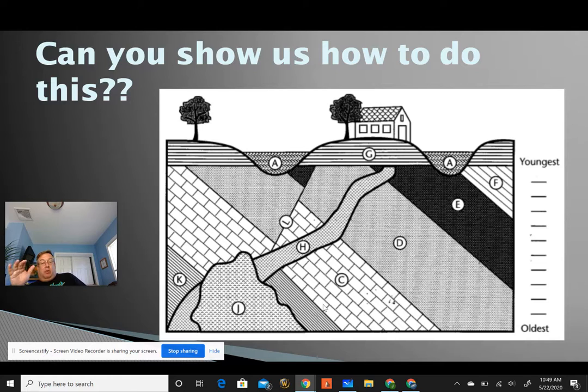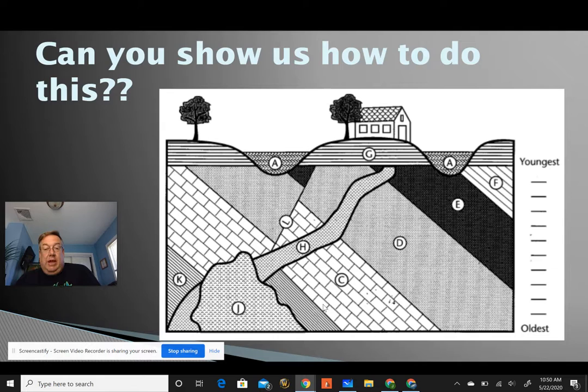And remember, we're talking about the principle of original horizontality. So they were actually flat, not up and down. They were not tilted like this. Okay. Then we have fault line L. So fault line L happened, and then the tilting happened. How do I know the tilting happened before intrusion H? Well, because intrusion H is not really tilted per se, it cuts through everything. So K, C, D, E, F, fault line L, the tilting, then intrusion H,